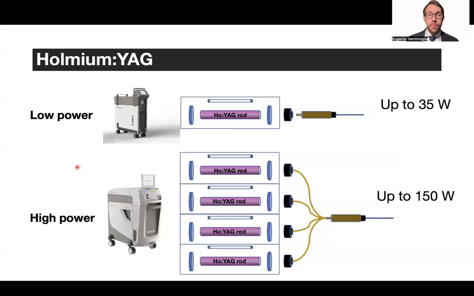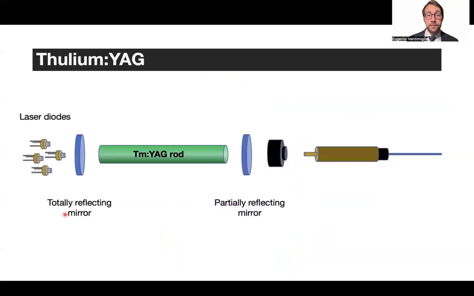We know that a low power laser is composed of just one of these cavities, and whenever we combine 2 or more of the cavities, we have a higher power machine. Thulium YAG laser is very simple. Again, very similar to holmium YAG. Instead of the flash lamp, we have laser diodes, which allows these lasers to perform a little bit differently, but